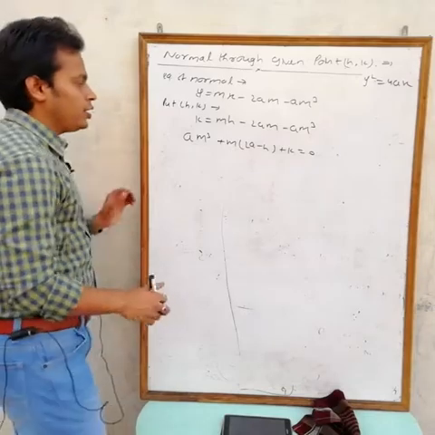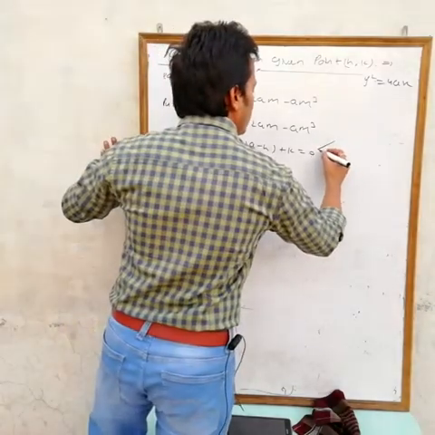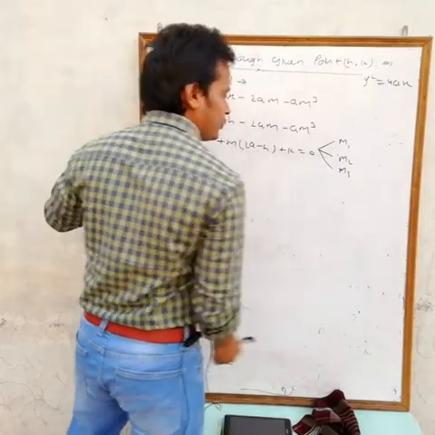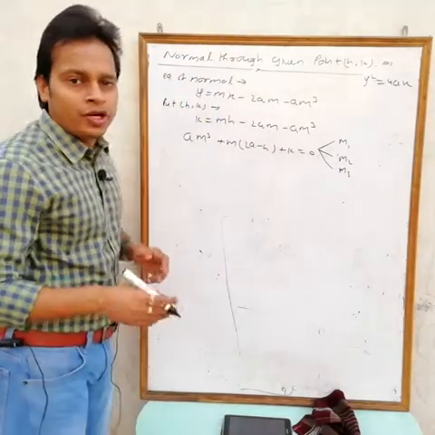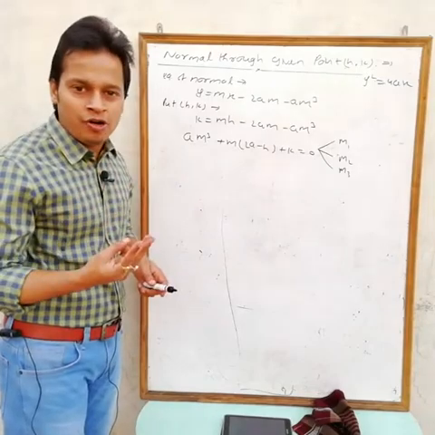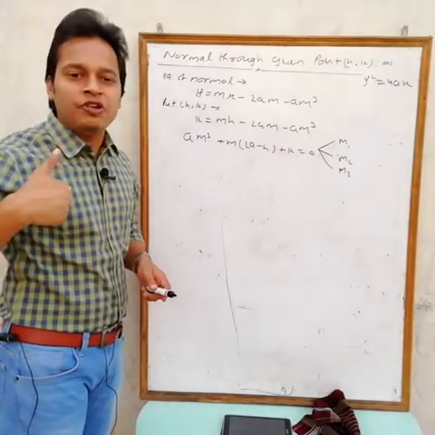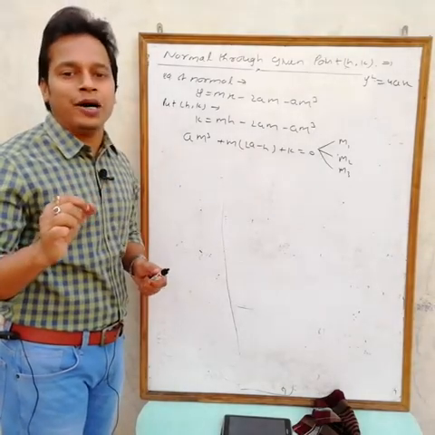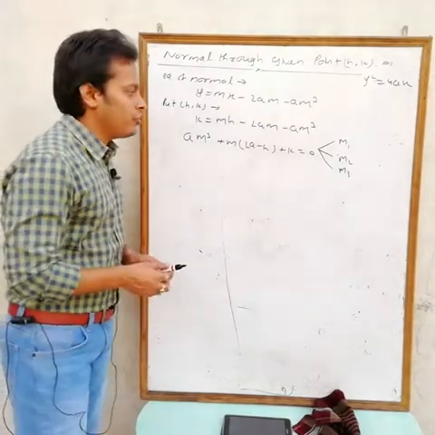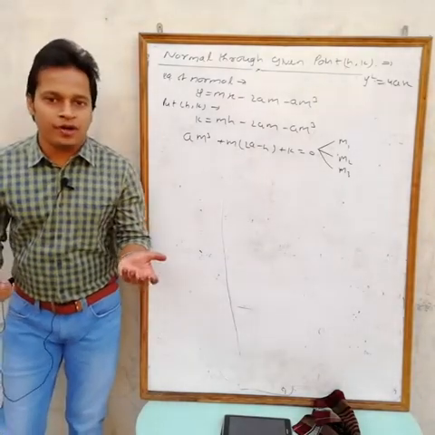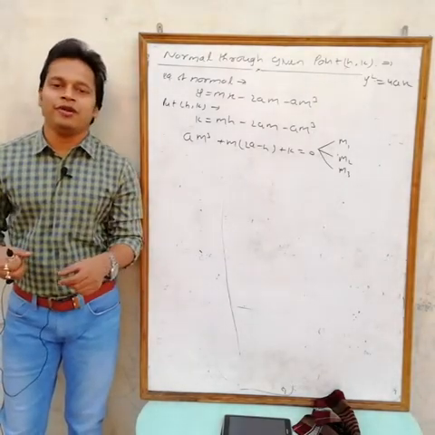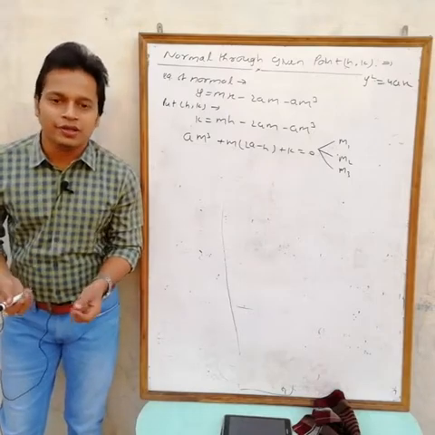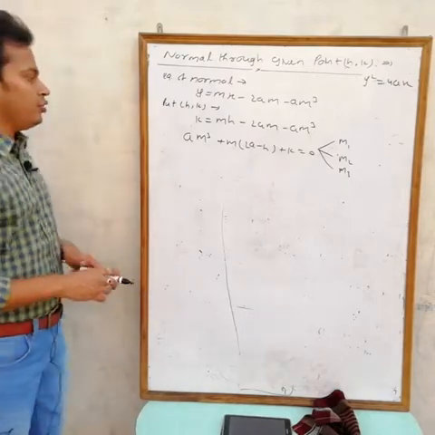If you are getting a 3-degree equation, then how many roots do we have? We have 3 roots, m1, m2, m3. If you have 3 roots, it means maximum you can find 3 values of m. If you can find a maximum of 3 values of m, it means a maximum of 3 normals can pass through a given point. If you are getting 2 values of m, then we have 2 normals. If you are getting 1 value of m, then we have 1 normal. And if you are getting 3 values of m, then we have 3 normals.